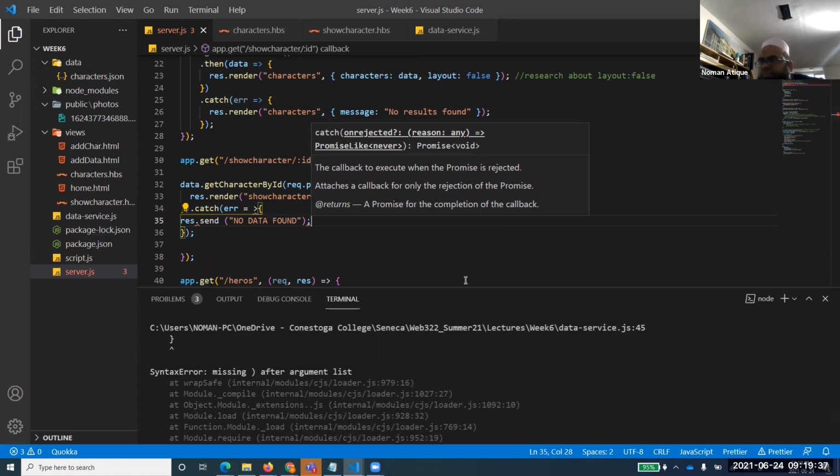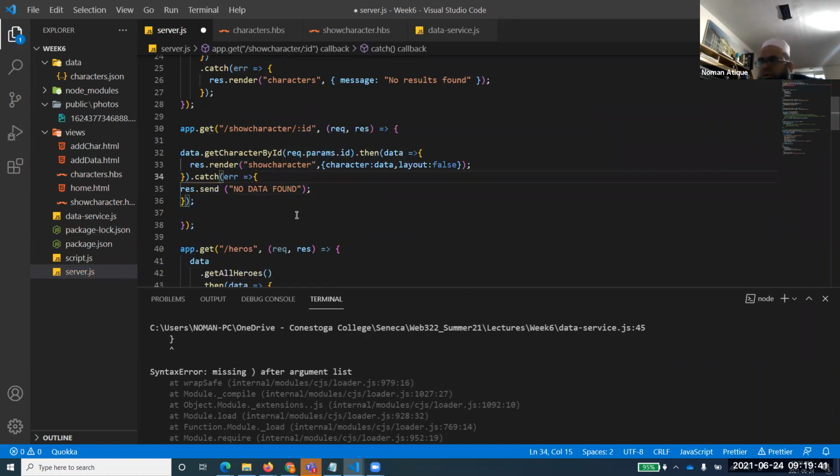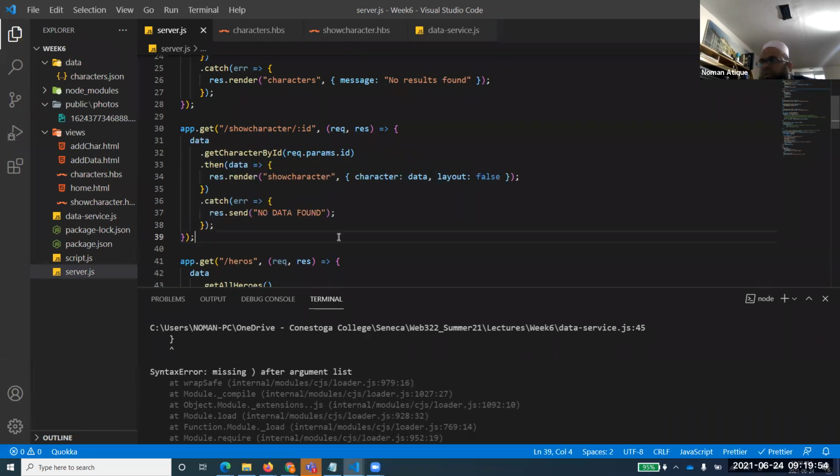Okay, maybe something wrong. So just do res dot send, and you just send back the data, right? So let's see if it works. So we have created a path for show character slash ID. Save that one.